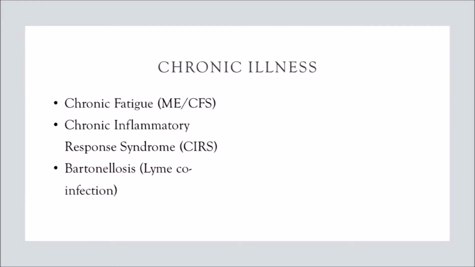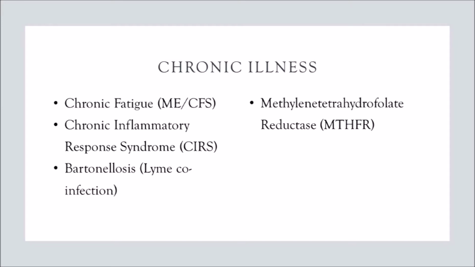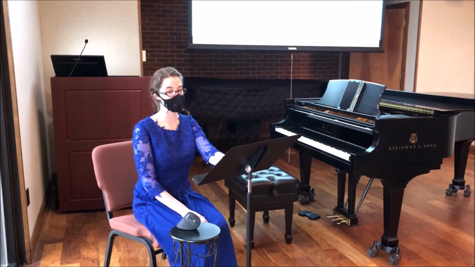I also have Bartonella, which is often a Lyme co-infection, though currently Lyme is unverified. Bartonella is aggressive bacteria that takes over certain white blood cells. Then there's this really long word that I'm not even going to try to pronounce. It's the MTHFR mutation, which basically just means my body doesn't properly process certain nutrients and chemicals, so they build up in my system. I also have unverified diagnoses dealing with food sensitivities, nutritional deficiencies, the musculoskeletal system, and more.